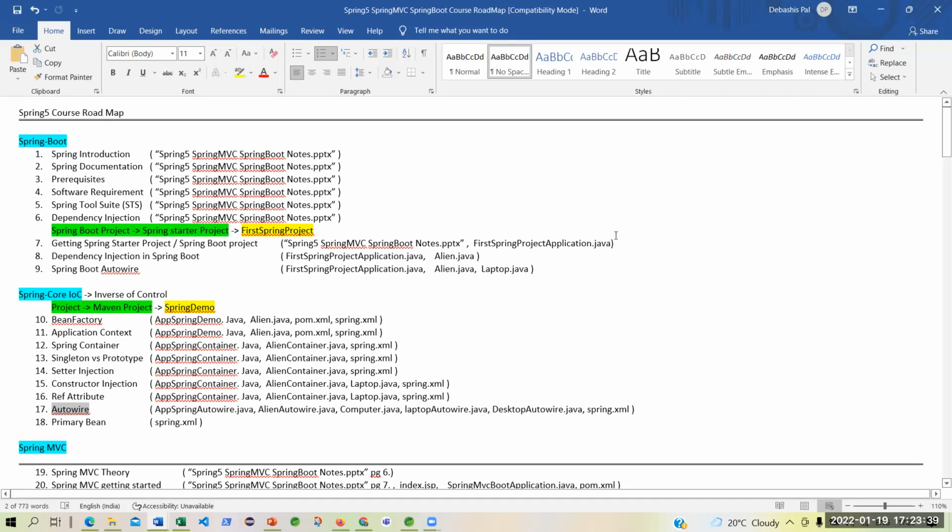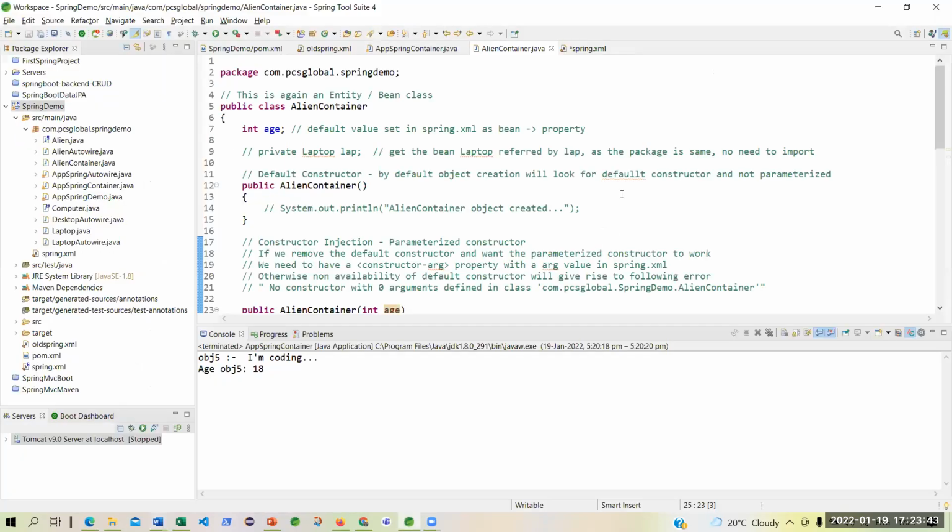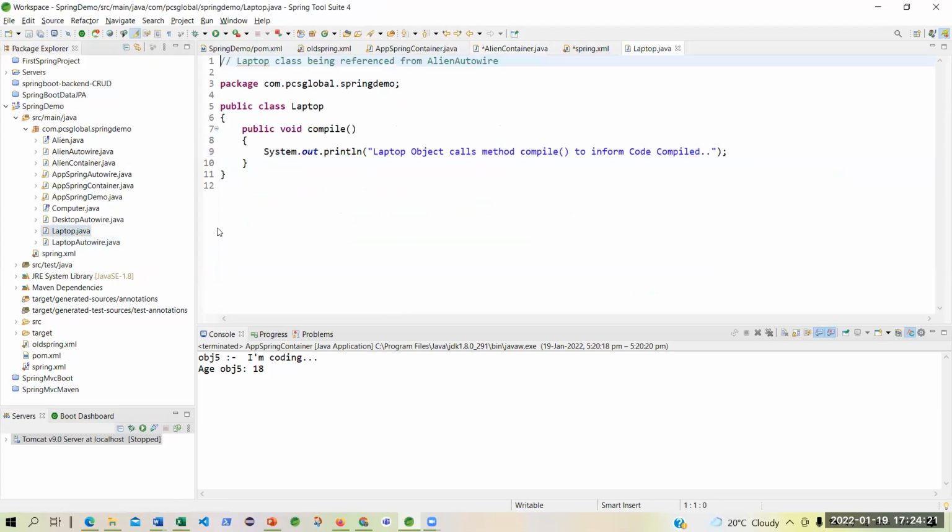And then how will I set that reference? Here I'm saying that I would like to get the help of another object or a class, entity class, laptop, and the reference is lap. So I'm just declaring it, like I've declared the age property. Now this is not a property. This is an object. So let me create that object, or I already have that object.